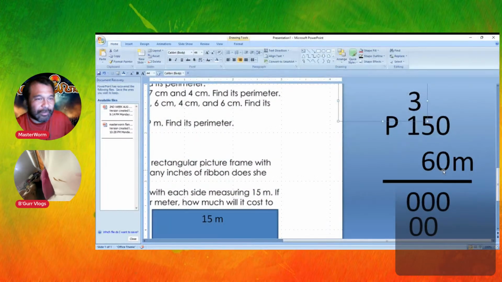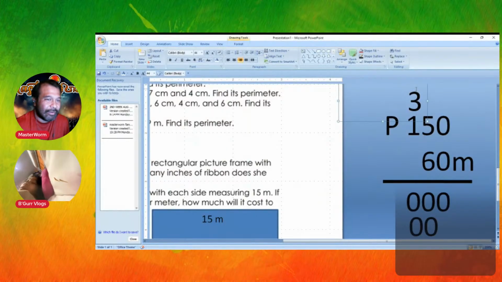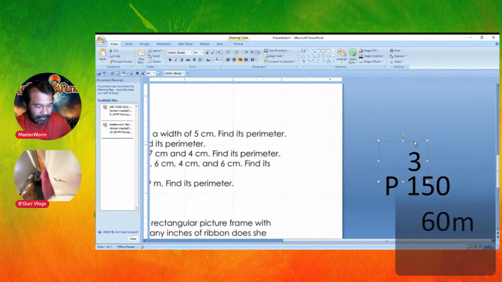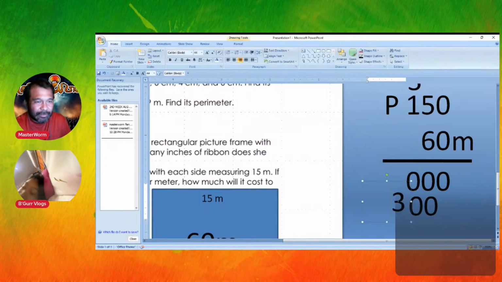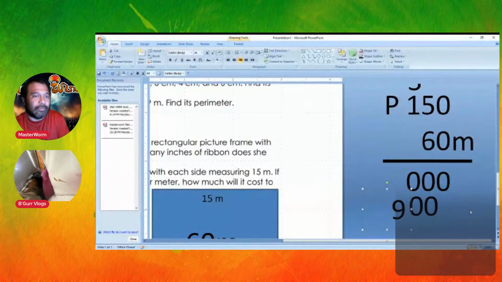Bigger? Okay, now. So 5 times 6, that's 0. And then you carry over the 3. Okay, so 6 times 1, how much? 6 times 1? 6. Plus 3, how much? 6 plus 3, how much? 9. Okay, so you put the 9 here. Okay, here we go. So that's the answer here. So 9,